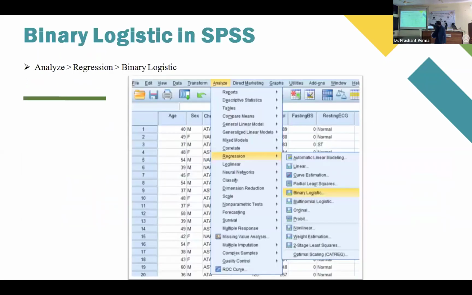So we will just see on the PPT what the path is to run your logistic regression. We will do it on our system as well. This is the way we go to analyze. We have an option of regression in this. Then we can choose binary logistic here. Why? Because we have an output variable of binary kind, with only 2 categories: the person has heart disease or does not.